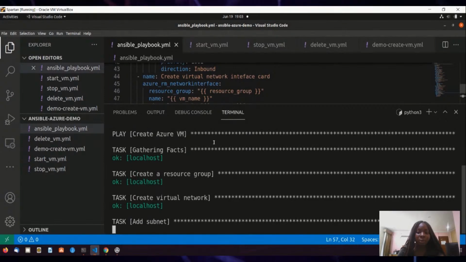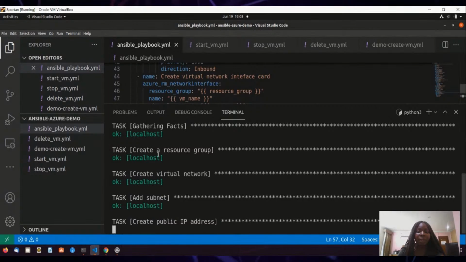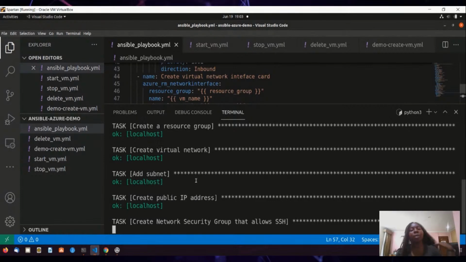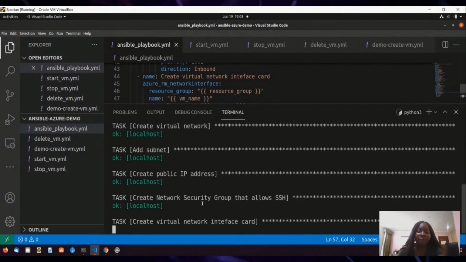So we've gathered the facts, we've created our resource group, we've created our VNet, the subnet, the IP address, then we are creating the security group. So at any point, you can always see the step that is currently going on at that particular time. So the good thing is that we are creating this VM within minutes. And we are just creating one VM, but you can create multiple VMs using a single